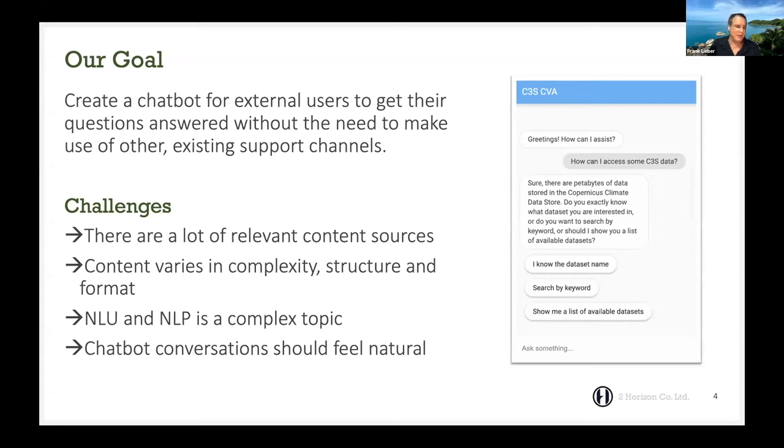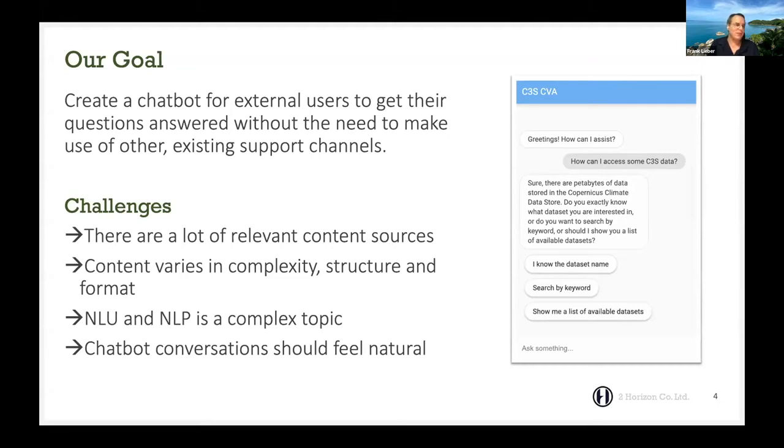So basically, users should be able to chat with the bots, and then they should find answers via the conversations they have with these bots, and the dedicated support channels hopefully have more time to answer the most relevant questions.